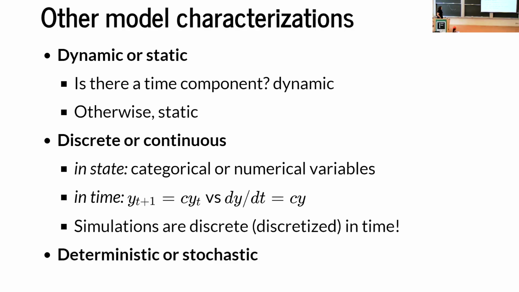And of course, we have deterministic or stochastic models. So often you might start with something like a deterministic model. So in epidemics, an SIR model is usually written down as a system of ordinary differential equations, which are deterministic. So whatever my initial condition is, if I put in the same one into the same set of equations, I get the same answer out. But in most cases in real life, we often add a stochastic component, like maybe observation noise or process noise or other measures of uncertainty that will mean that when we simulate that system, we can start with the same initial conditions, but we'll end up with a slightly different answer down the line.